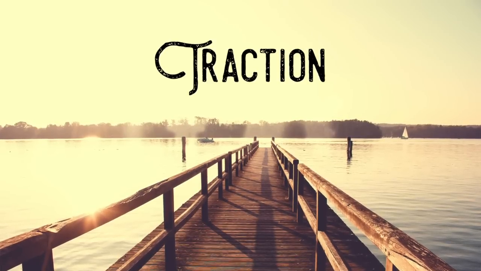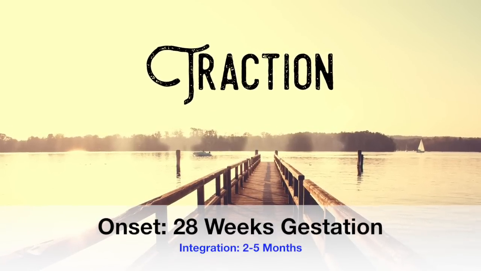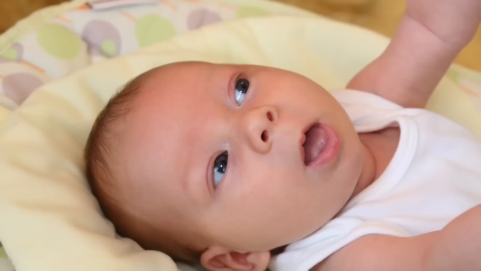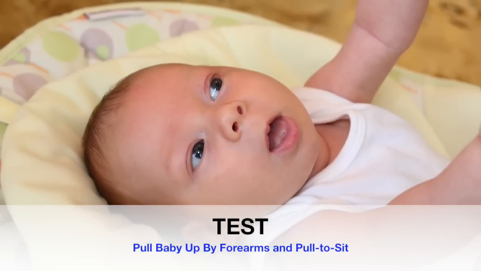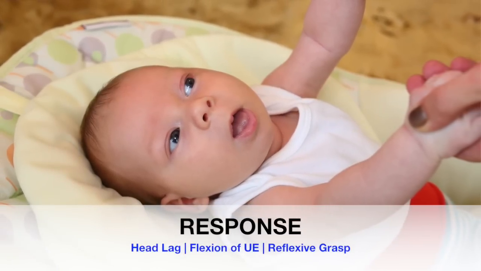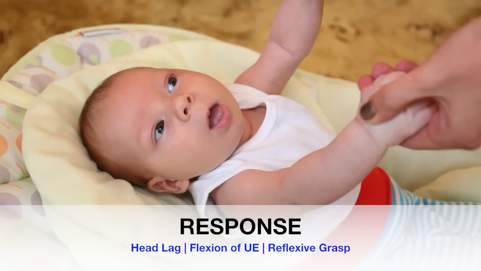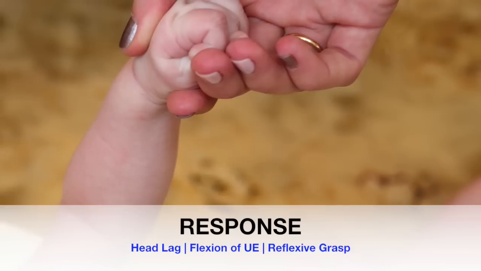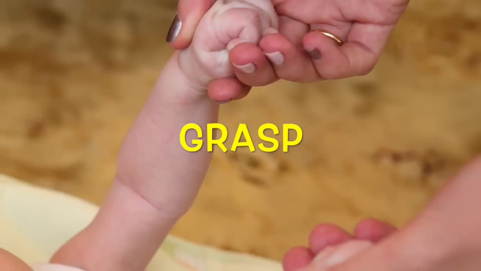Moving on to traction. It also emerges at 28 weeks in gestation and integrates by around month 5. You can observe this reflex when you try to pull a baby up by the forearms from a lying to a sitting position. So, pull to sit. And what you'll see is the head lagging at first because there's little control over that head right now, followed by a complete flexion of the upper extremities, including the hands. That means even those tiny little hands will momentarily and involuntarily grasp in order to hold on while it's being